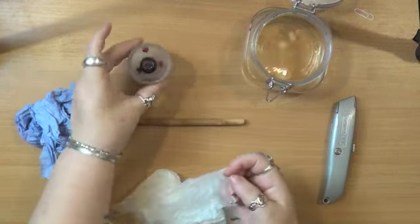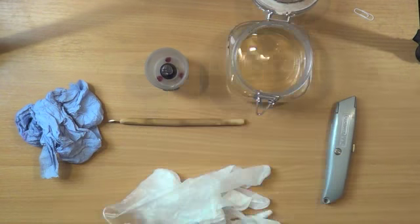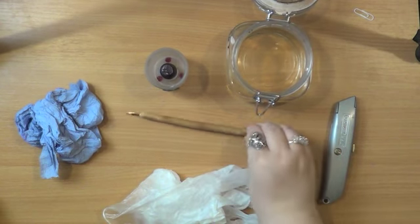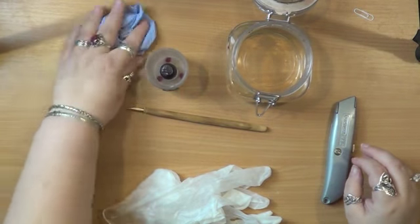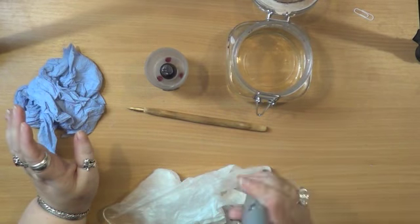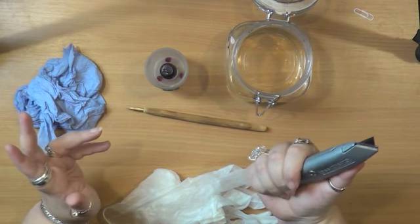I normally use a little votive pot like this, but it's over in my other desk and I didn't pick it up, so I'm just using my bottle of water that I use for watercolours. I've got my dip pen, a cloth, because you may need a cloth if you drip. You will need a knife of some sort. Now, it doesn't have to be a heavy duty knife like this, it can be just a kitchen knife, a